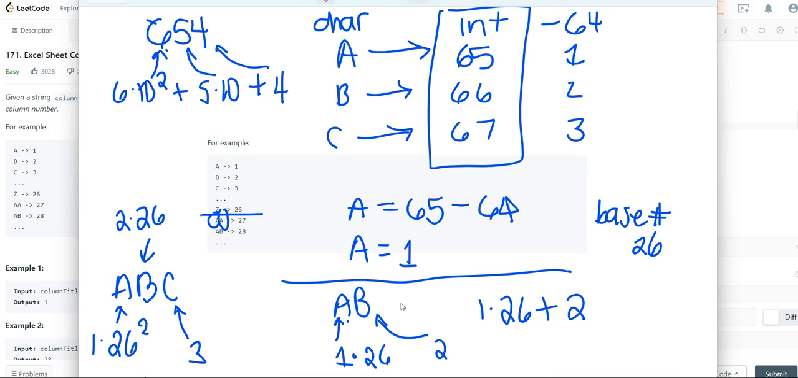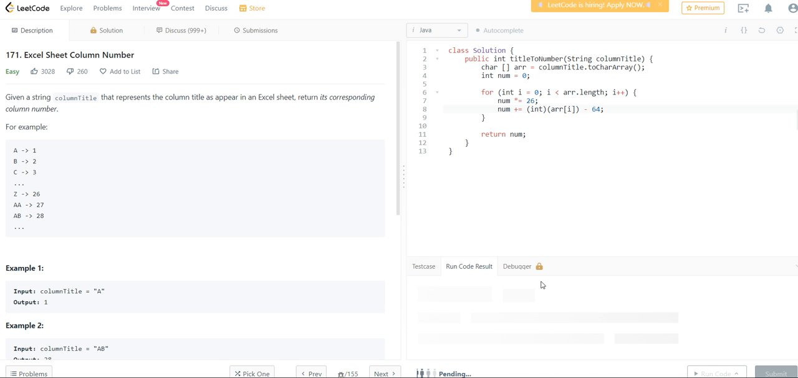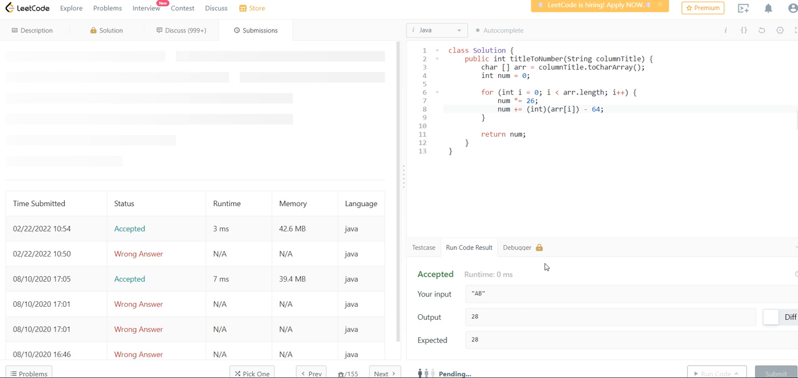Well, that only works for these one-letter digits. Remember, for the multi-digits, we multiplied by this 26. So what we're going to do is say num, we're going to multiply it by 26, and then we're going to add it. Because we're going from the first letter to the second letter, all we need to do is multiply by 26 every single time. If we run this, you notice our solution works, and if we submit it,